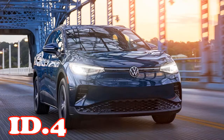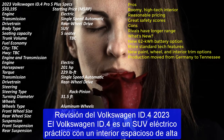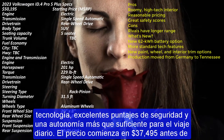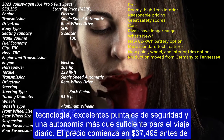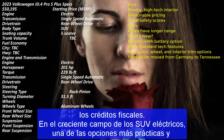2023 Volkswagen ID.4 Review. The Volkswagen ID.4 is a practical electric SUV with a roomy, high-tech interior, excellent safety scores, and more than enough range for the daily commute. Pricing starts at $37,495 before tax credits. In the growing field of electric SUVs, one of the most practical and value-conscious choices is